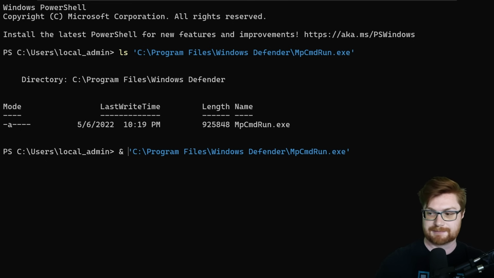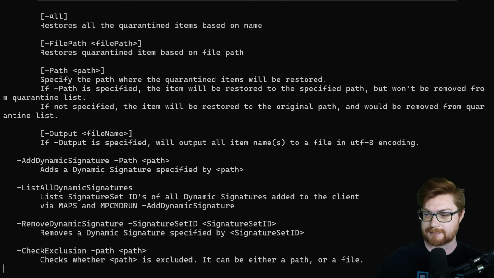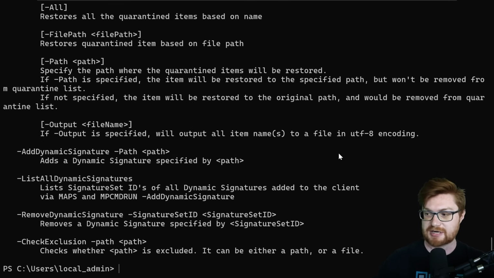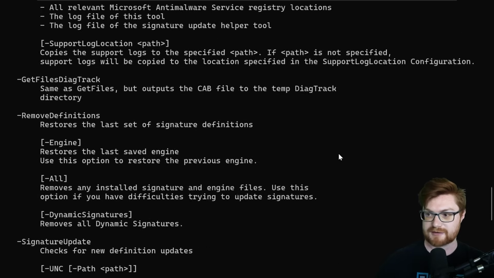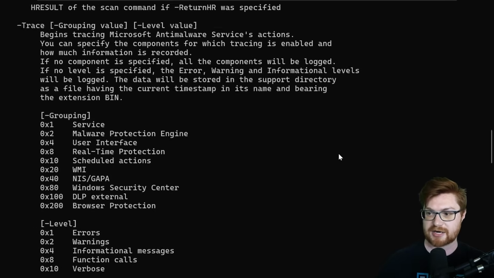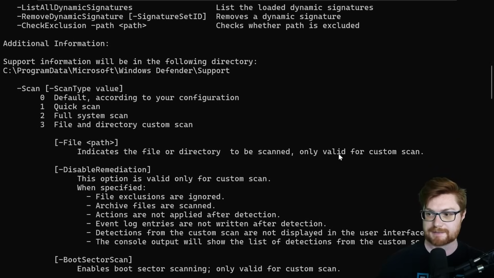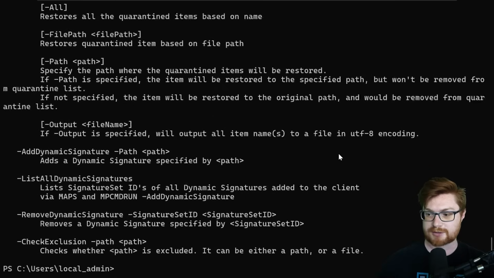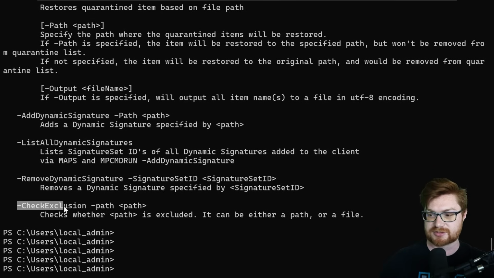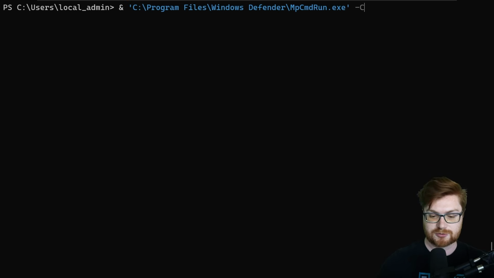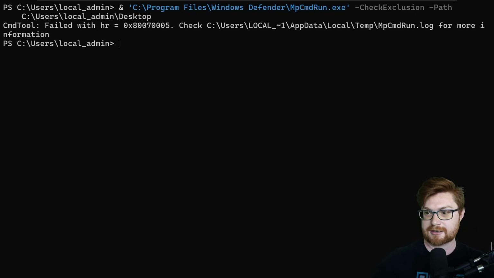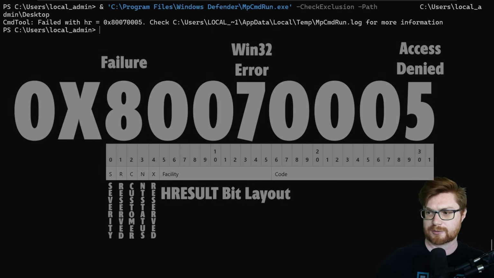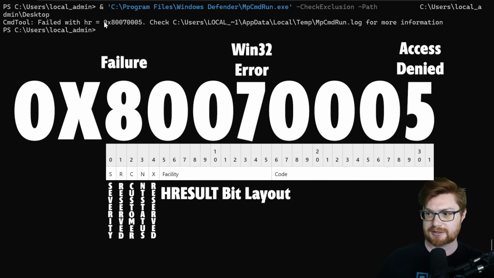If we wanted to invoke it in PowerShell because it's a string, we can do an ampersand prefix, and that will give us all of the options for mpcmd-run or Windows Defender running it as a binary here. There's a lot of good stuff, but you might have noticed just at the very, very bottom, there already is just one little flag, switch an argument to say check exclusion based off of a path. So, I mean, what's to stop us from just doing that? Try to check exclusion, we'll specify path, and then we can use just that one that we set, C users local admin desktop. When I run this, it says, failed with HR or H result, the error code being hex